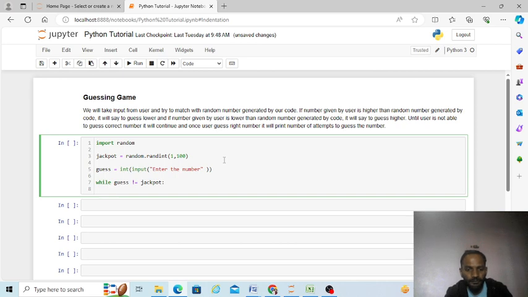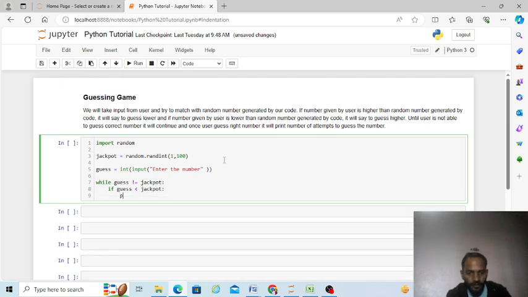So first we have to give the condition: if guess is less than the system generated number, print that guess is less than jackpot. It will say guess higher number,